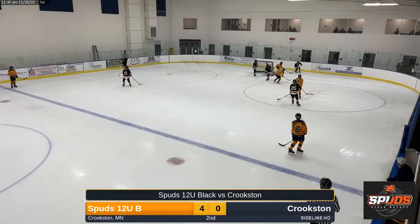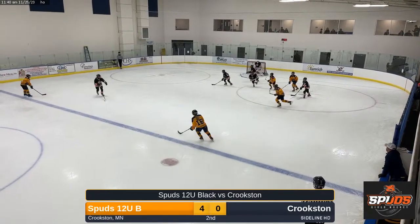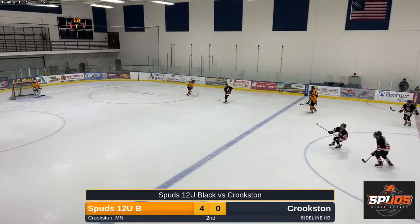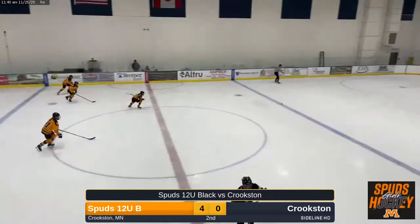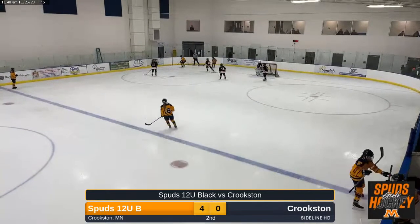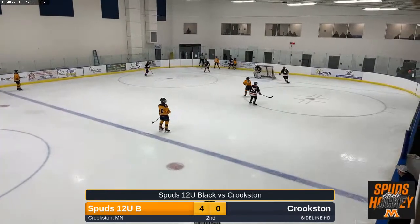And then gets knocked back in behind the Spuds net again. Berkeley gets it out in front of the net, drives it up, sends it off the boards. Gets down into the Crookston zone, and then sent back up to the... Oh, good. Hard work there, head skating for Melissa Hammer to get that in there during that change when